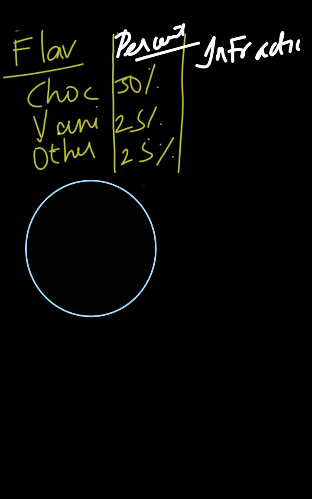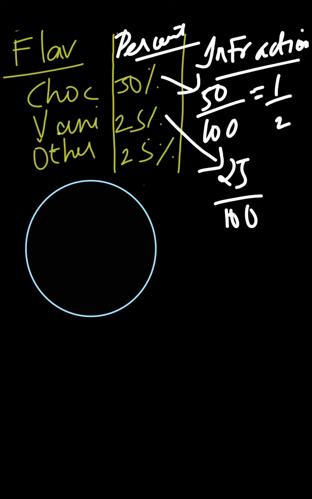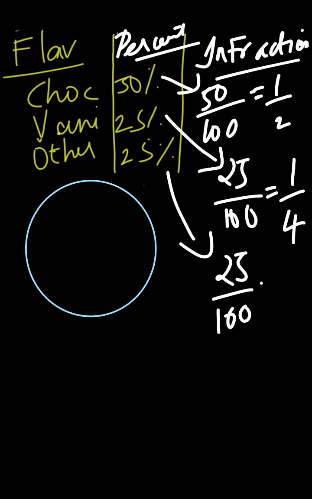So how to do that? It's very simple. First, 50 means 50 by 100. For chocolate flavor, that is 1 by 2. You have to cancel it also. The zeros get cancelled, 5 ones are 5, 5 twos are 10, so 1 by 2. Done. Now for vanilla flavor, 25 by 100. Same way, here it is 1 by 4, since 25 ones are 25 and 25 fours are 100. These are basics we know, right? And other flavors, 25%, again 25 by 100, which is going to be 1 by 4 again, because the previous one is the same.